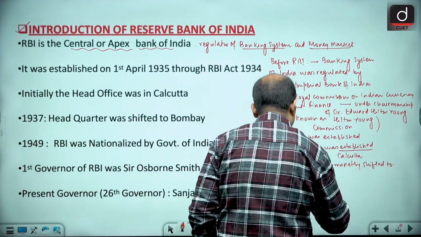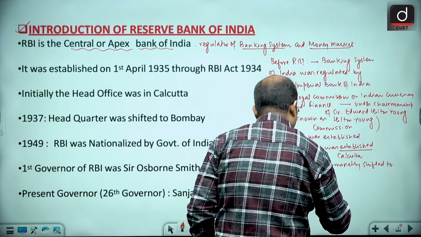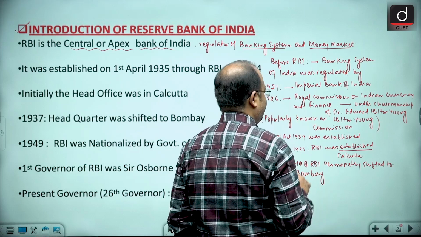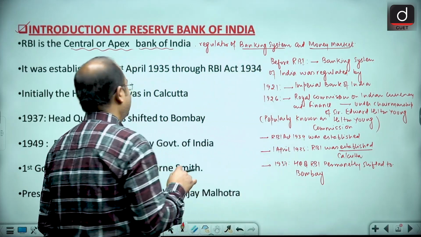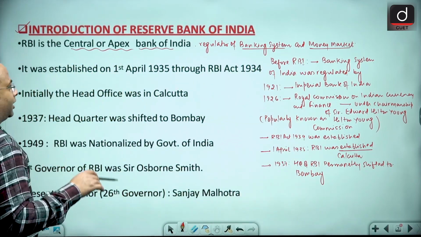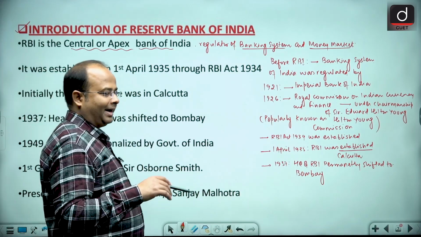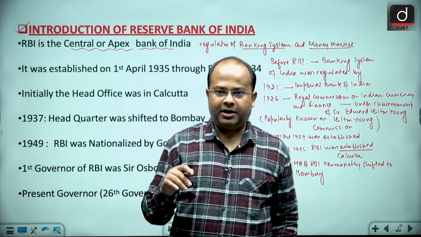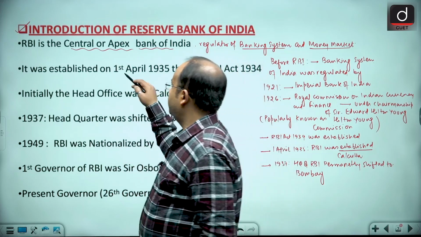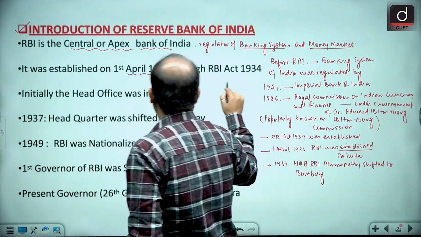Permanently shifted to Bombay. So the headquarter of RBI, my dear learners, was permanently shifted to Bombay. That I have discussed with you there. Okay, first of all, RBI, what type of bank is it? It is the central or apex bank of the country, and it was established on 1st April 1935 through